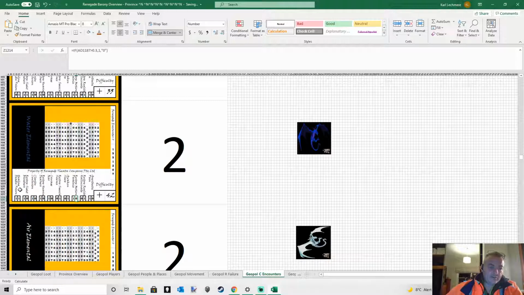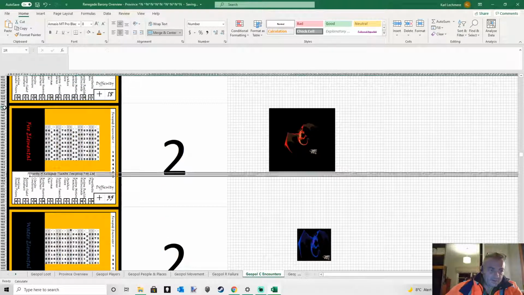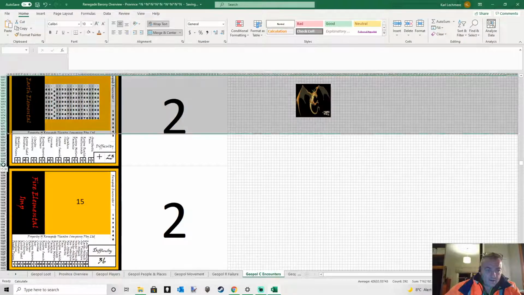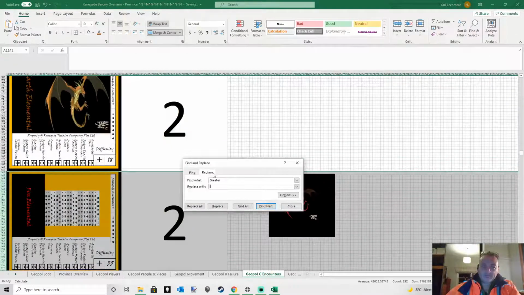We need to, well, I can do another find and replace, 0.3 with 0.7.